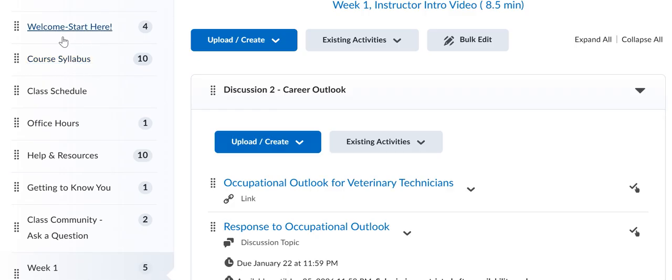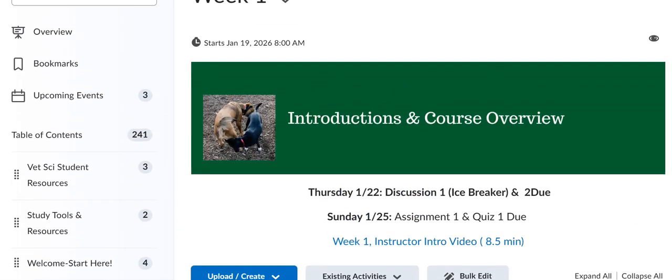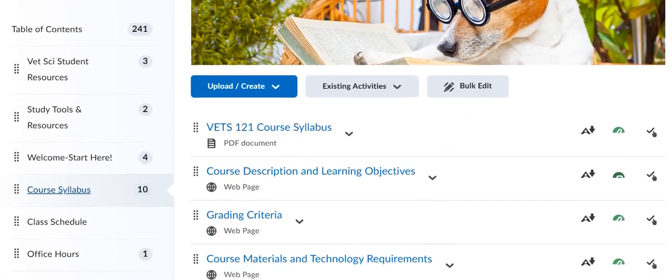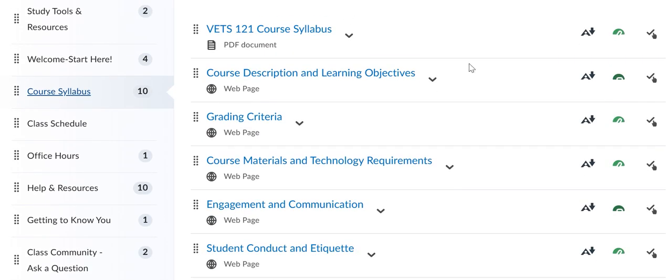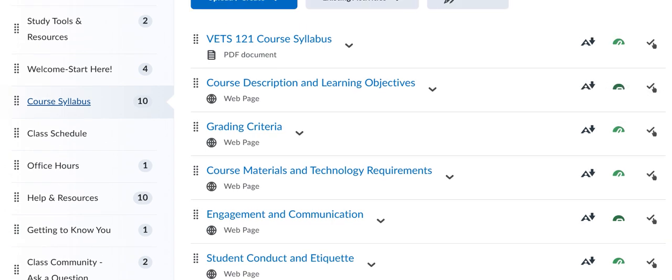Do be sure to read through that thoroughly. The quiz that is in week one is based off of the syllabus, so do look it over. It is posted as a PDF, and when you get in there you'll see that it is actually broken down into chunks for you to better access. So it's at the top here, and then course description, learning objectives, grading criteria, and more,